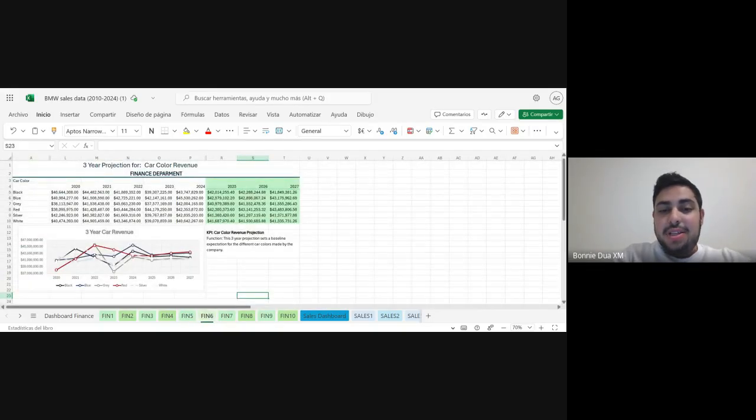On this one, also for our revenue projection for the car color, it is the 3-year moving average that sets a baseline expectation for different car colors made by the company. Next,